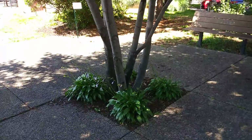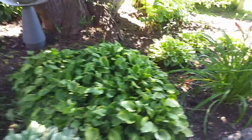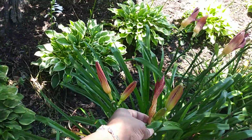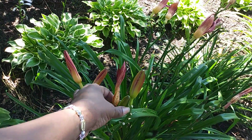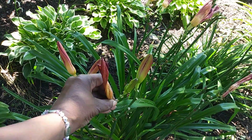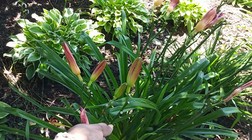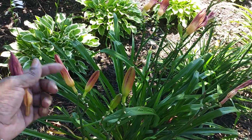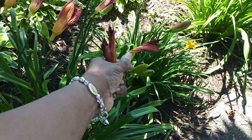So, got lots of hostas. We were deadheading some hostas this morning that had already had their flowers come up. Like, see how this is here? This one hasn't been opened yet, but this has. Deadheading is breaking off that part that has already been open and died, so that the energy of the plant goes up into the other section